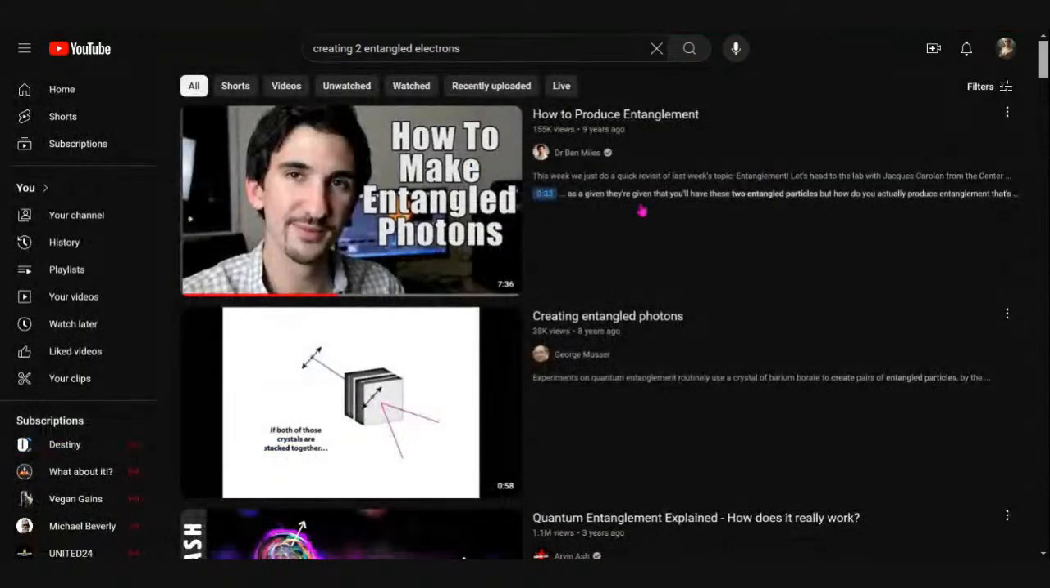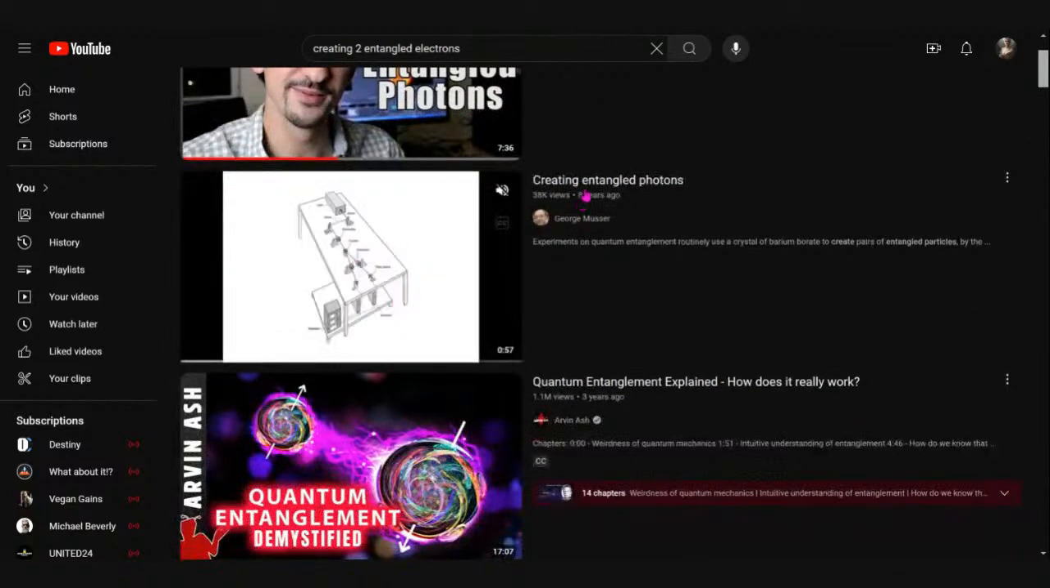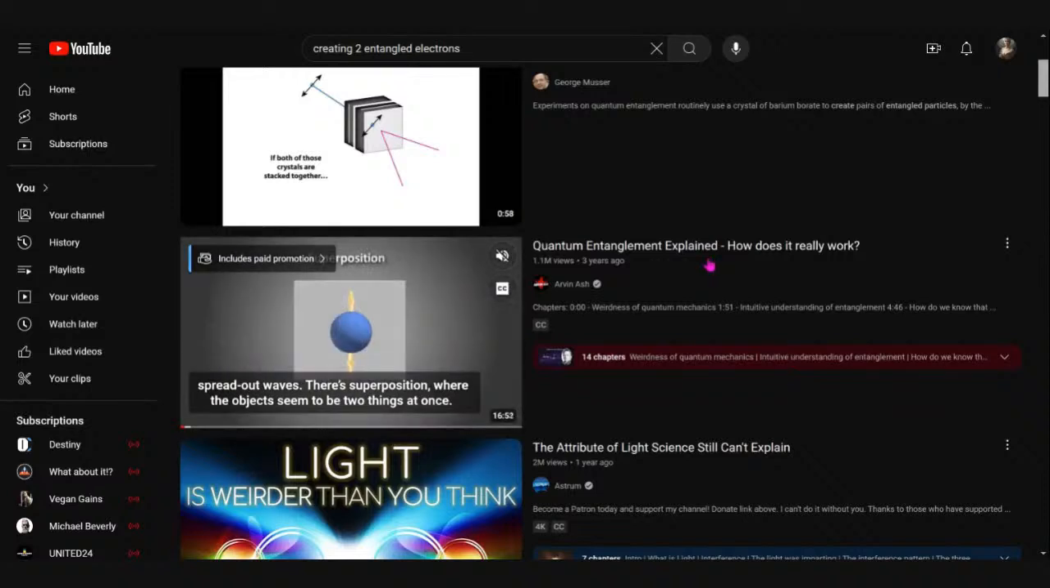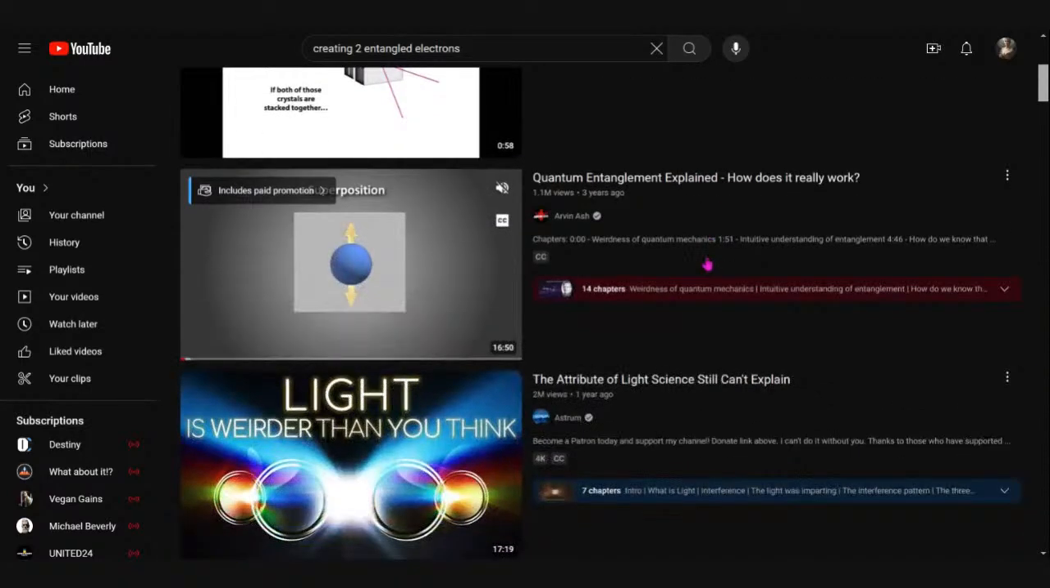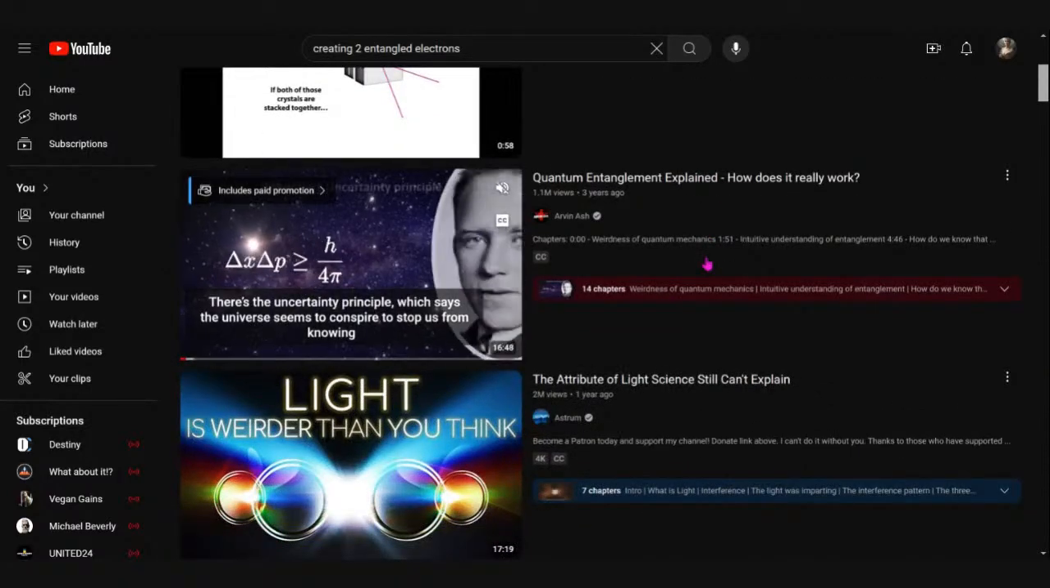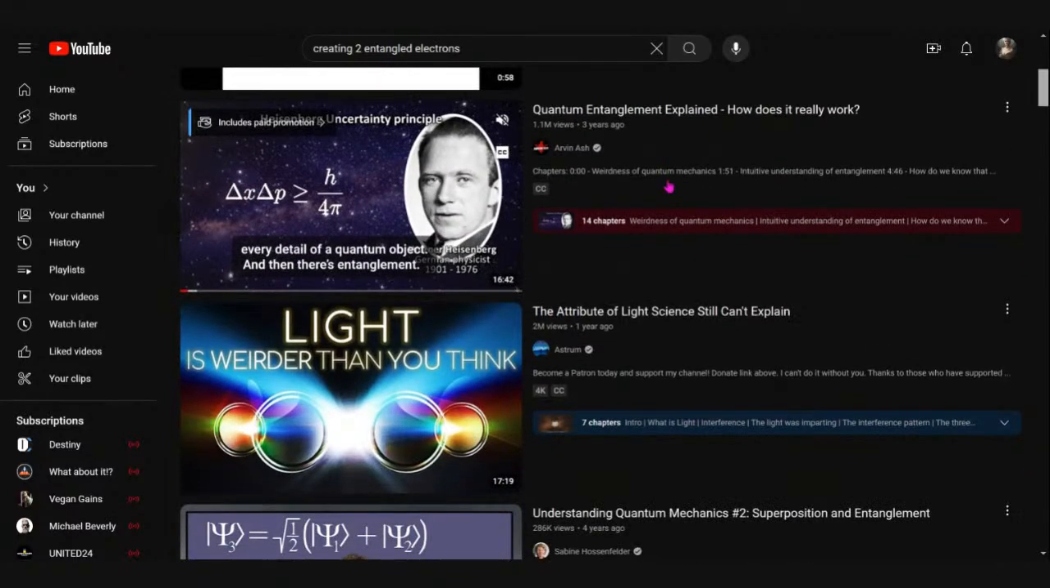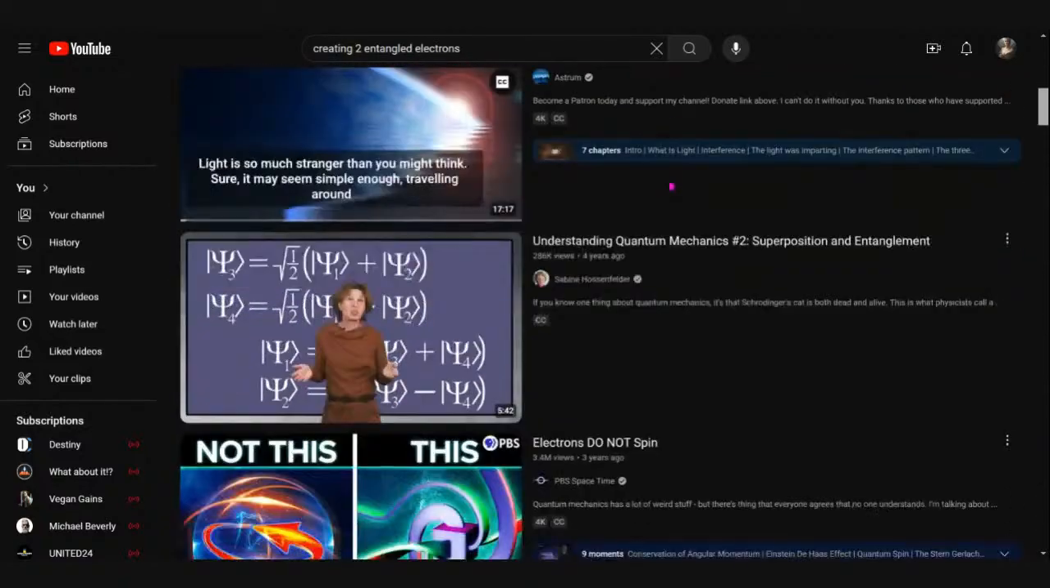This is no good. How to make entangled photons. We should have noticed this and we should have rejected this. Okay, second one, creating entangled photons. Quantum entanglement explained. It will be the same. What? It will be basically the same. I don't understand what you're saying. It will be basically the same. No, it won't be very different. No. I want to see how they create